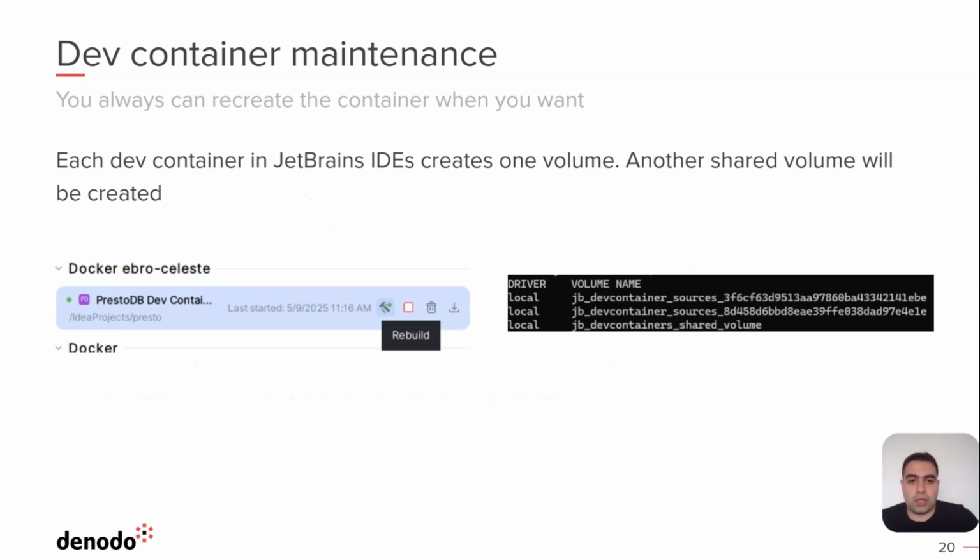So now that we have our dev containers up and running, we need a way to manage them. From the graphical user interface of the IDE, you can start them, stop them, recreate them, delete them, and collect logs for debugging purposes. Keep in mind that deleting the dev container does not remove the associated volumes, so you should not lose your changes after a rebuild. However, we recommend that you push your changes before doing it for safety reasons.